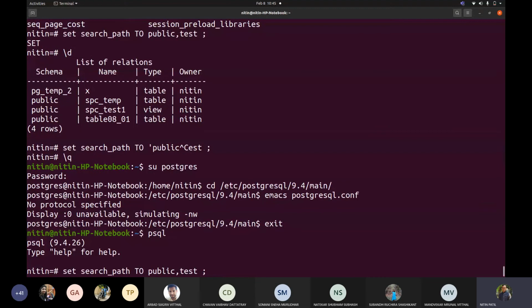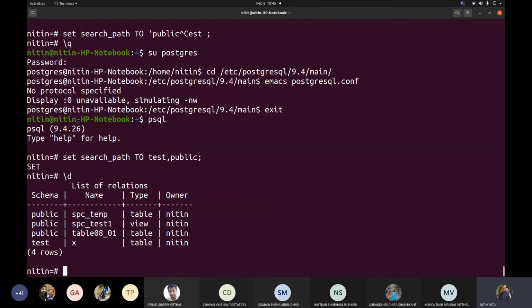Whether I am going to write this as test comma public. Let us try this. So if I say \d, now it is showing me all 3. Correct. Now that temp was gone because I quit from the session. Correct. Now I can see this test is displayed to me.